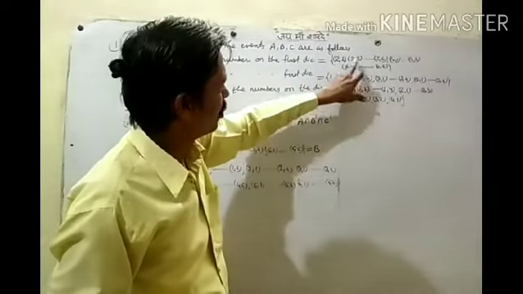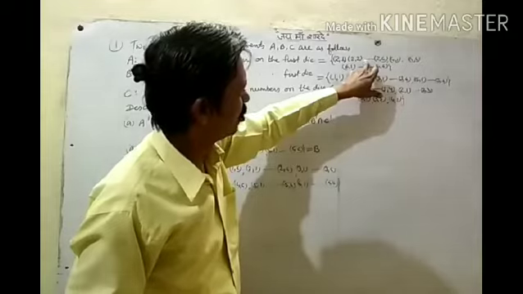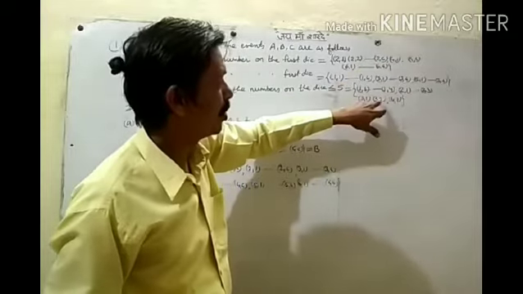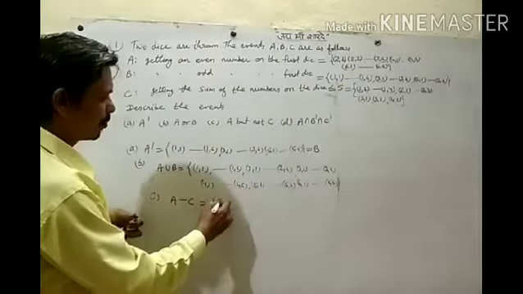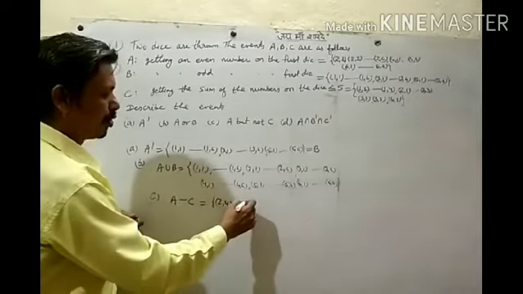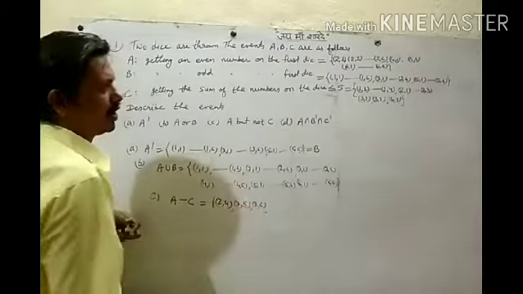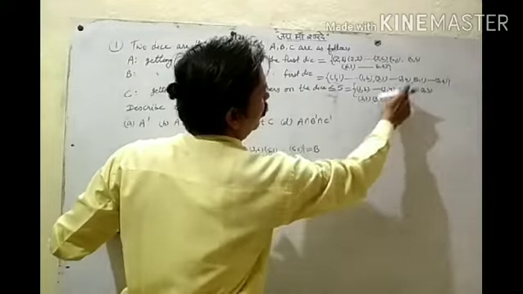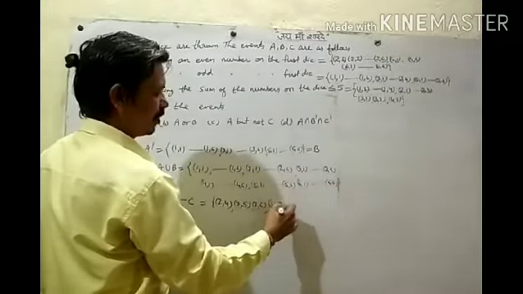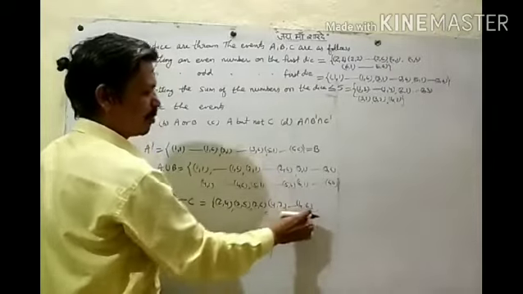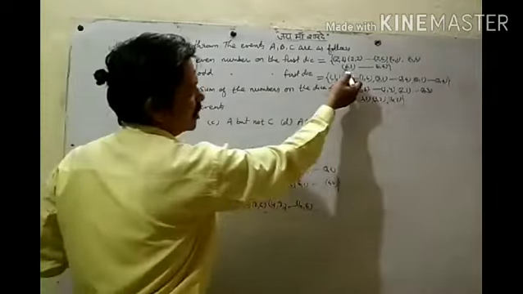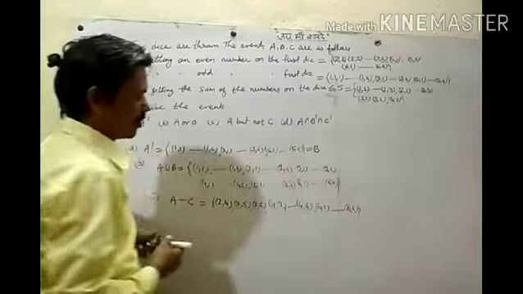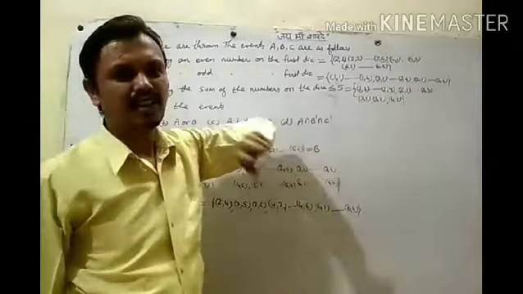So 2 1 is there, 2 2, 2 3, 2 4, 2 5, 2 6, because 2 4, 2 5, 2 6 have a sum of more than 5, so all will come here. Then 4 1 has a sum of 5, so here 4 1. 4 2, 4 4, 4 6 can come here because the sum will be more than 5. Then 6 1, 6 2 up to 6 6, all can come. So writing all the elements of A which are not in C gives A minus C, that is, A but not C.